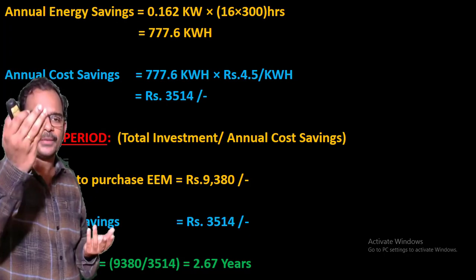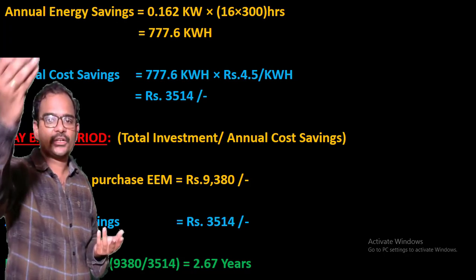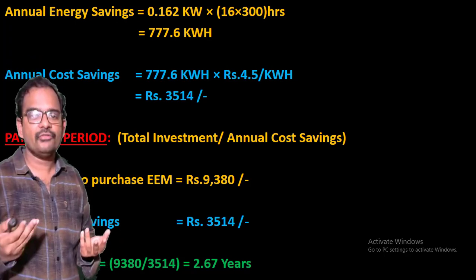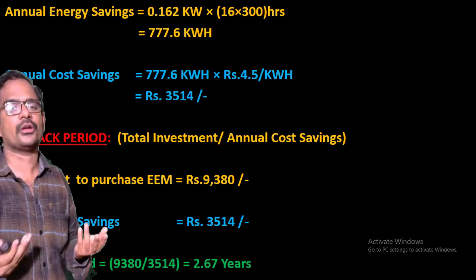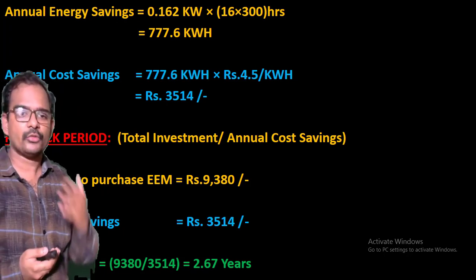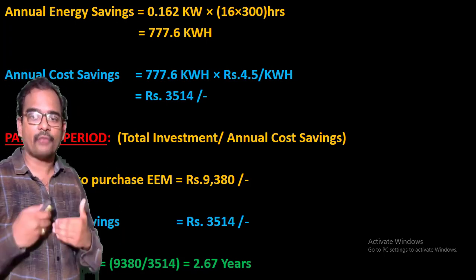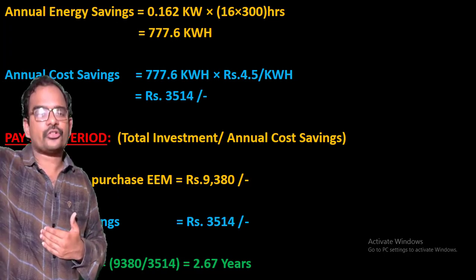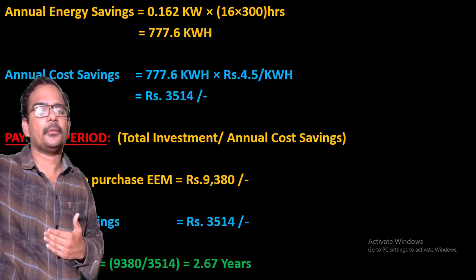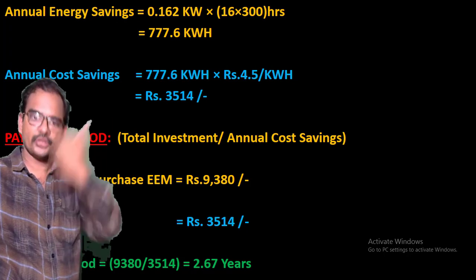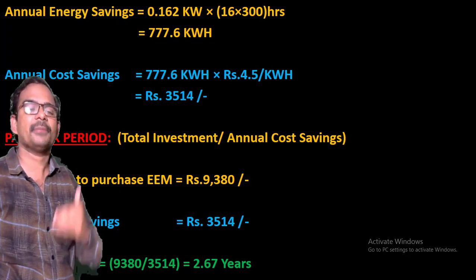4 years. That is 2 lakhs by 50,000. 2 lakhs means total investment. What is the annual profit? 50,000. So 2 lakhs by 50,000 will be 4. That is 4 years. In 4 years you are going to get your investment. After 4 years, till the closure of that business, whatever you get is profit, because you already got your investment back in 4 years. That is what is called a payback period.